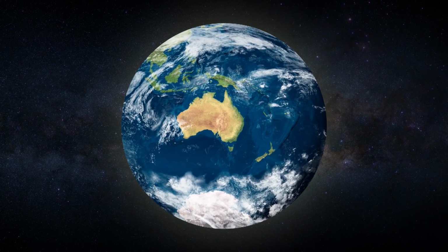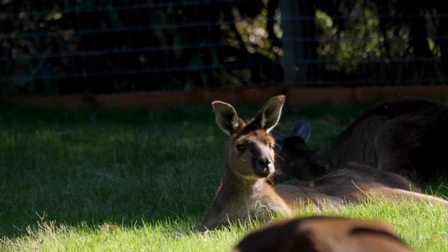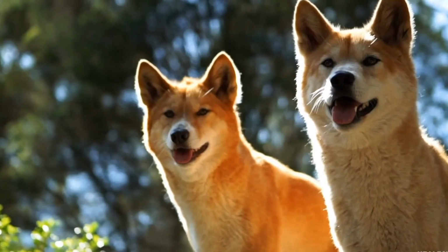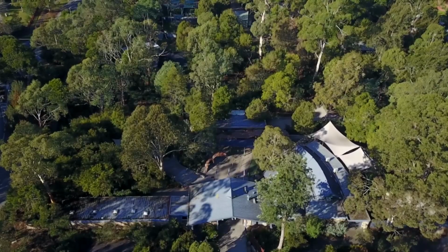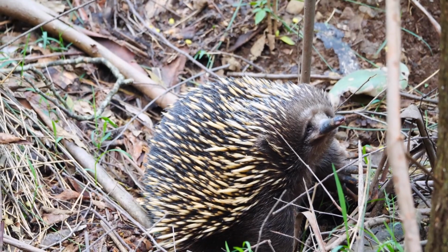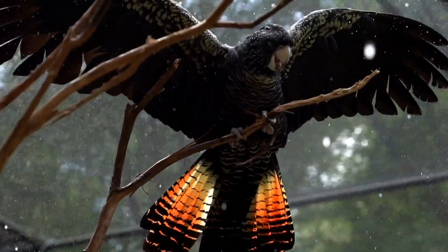Australia is world-renowned for things like beaches, Vegemite, BTN, I think. But also, of course, our wildlife. Yep, we've got more than our fair share of cool, quirky and sometimes terrifying creatures. In fact, Australia is home to the second largest number of endemic species, which are plants and animals only found here and nowhere else. But something a lot of these critters have in common is that they're facing some big